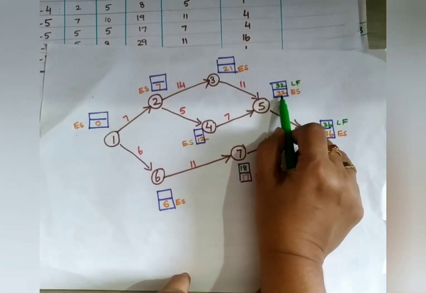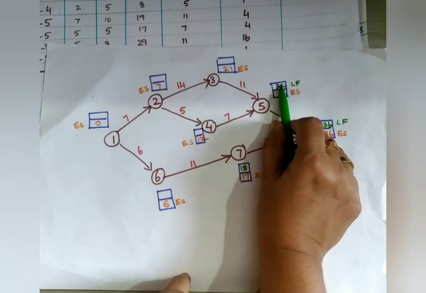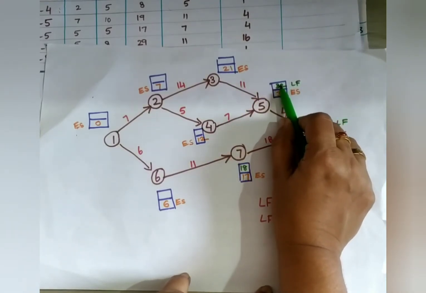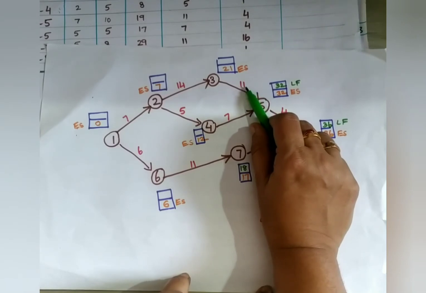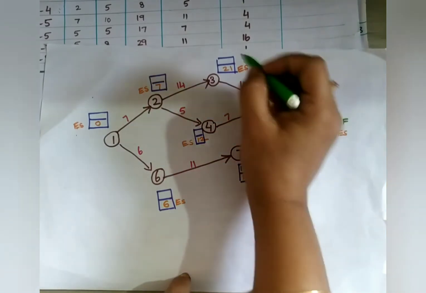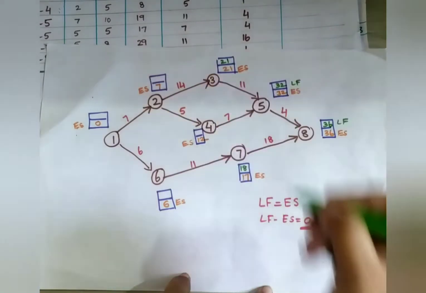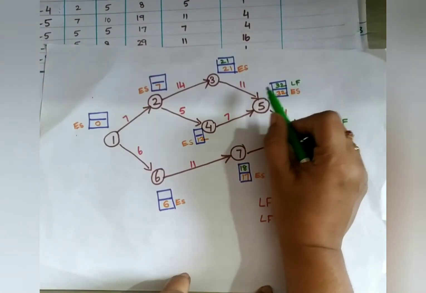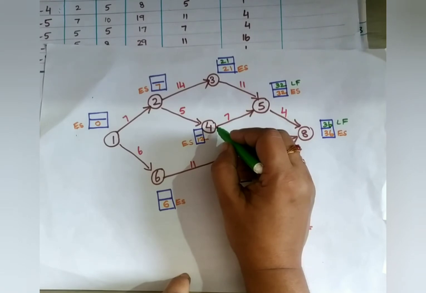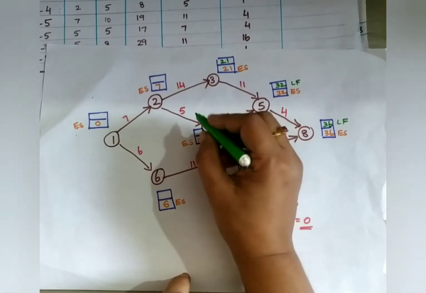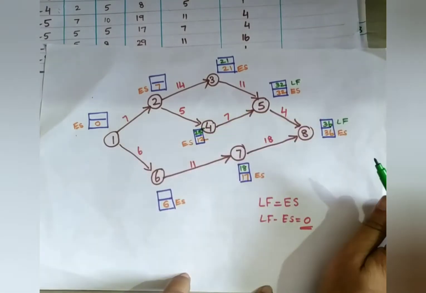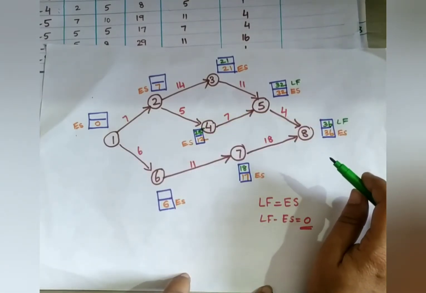Okay, so 32, this green. 32 minus, see, this is where the confusion will happen, that's why I've written it here always. So 32 minus 11. What is it? 21. Fill here 21. Next here, 32 minus 7. 32 minus 7 is 25, right? So 25. Clear, right? 25. Okay, now next.